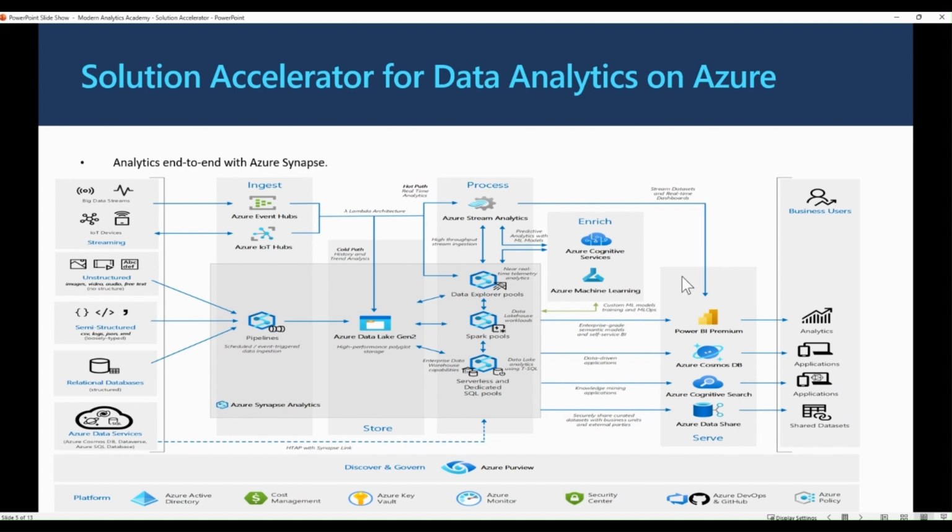Then the next stage comes as the serve layer, right? So you can serve your final data set directly from the data lake created layer, or you can use copy data activity to ingest the final data set into your dedicated SQL pool using the copy command for fast ingestion. Load relevant data from Azure Synapse SQL pool or data lake into Power BI data sets for the data